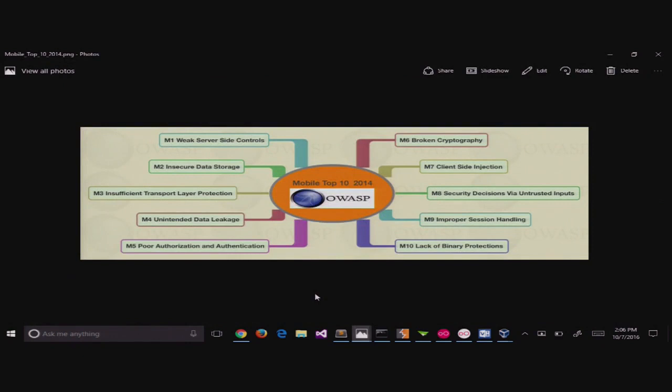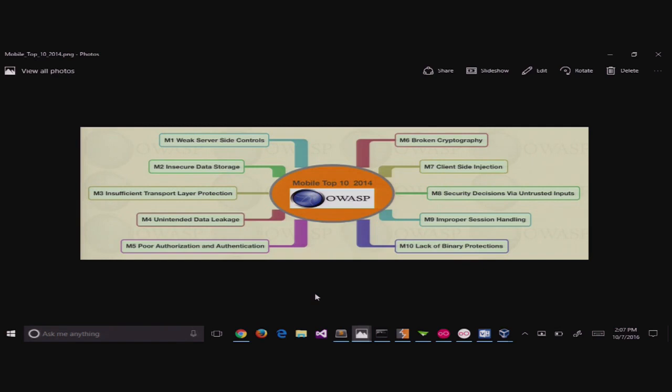There is a project of an organization called OWASP, which was in Kevin's talk. You know, he mentioned he's heavily involved in OWASP. I'm sure some other people have mentioned it here. It's the Open Web Application Security Project. Mobile applications are not web applications. They are different. But they have a couple of similarities. The primary one being that the middle tier of 99% of mobile applications are web services, either XML, SOAP web services, or REST and JSON web services, which are hosted on web servers and have all of the same vulnerabilities as web applications.